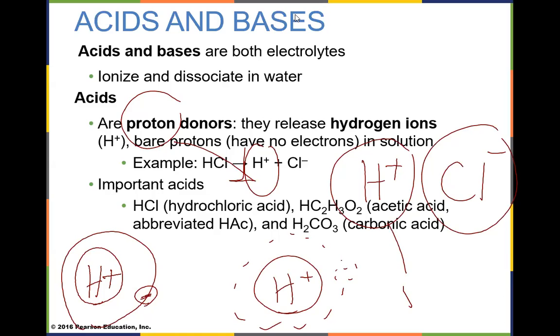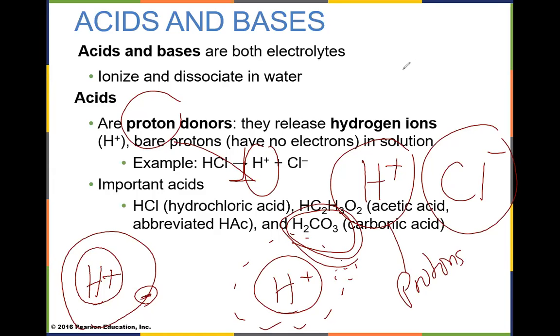And these protons, the number of protons that get released when an acid goes into solution tells you the strength of the acid. Acids give up hydrogen ions. The more hydrogen ions it releases, the stronger the acid is. And in our bodies, we use hydrochloric acid in our stomach, acetic acid, and carbonic acid. Carbonic acid is what we make when we breathe, when we generate carbon dioxide.